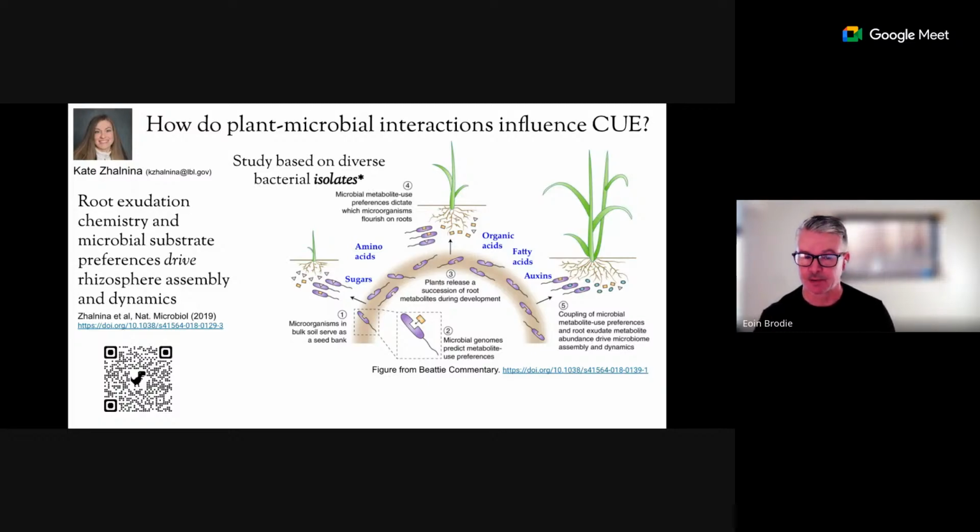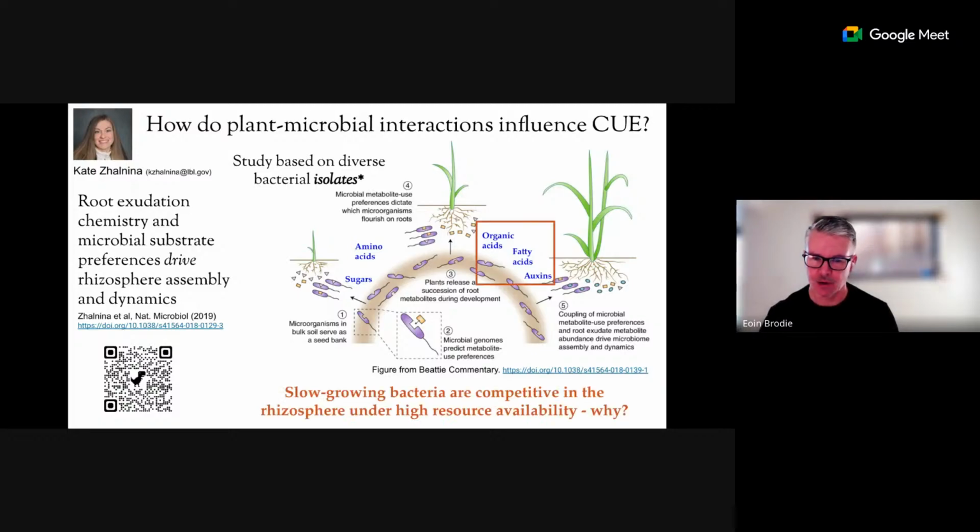So it turns out that at the beginning, the plant releases things that are sugars and amino acids, and eventually releases things that are organic acids and fatty acids. And actually, these end up, for the most part, having different carbon oxidation states, so different electron densities. And so we would expect maybe that this succession of chemicals drives a succession of microbes with different efficiencies. And we observed that slow-growing bacteria were very competitive in this environment, even though there's a lot of resources,